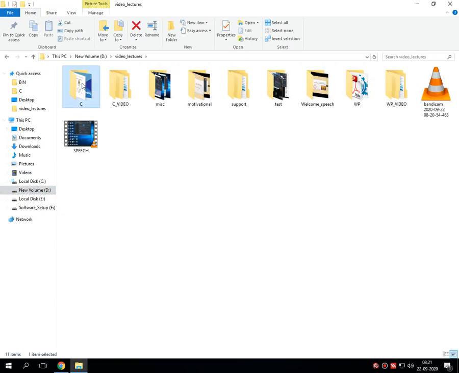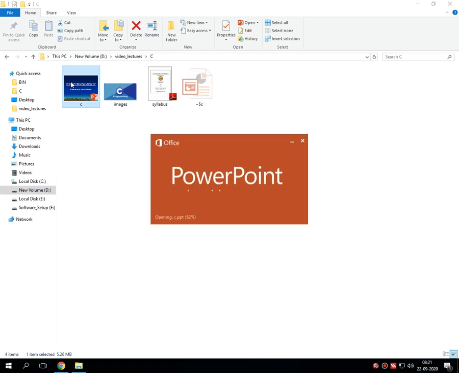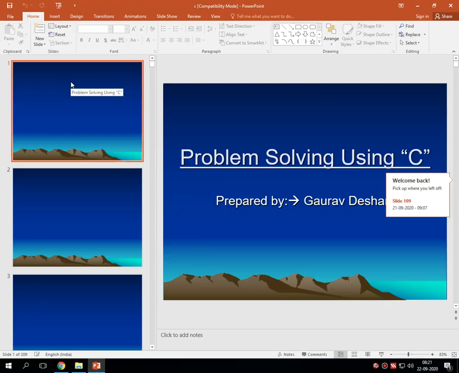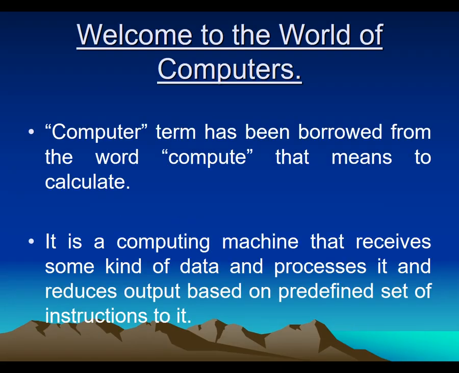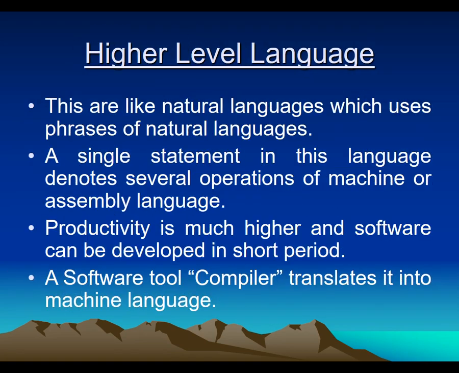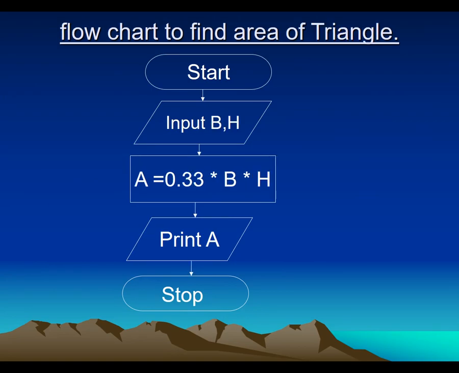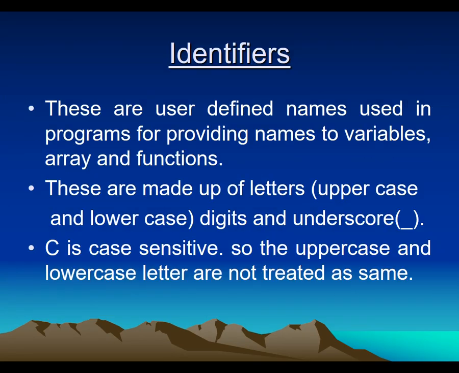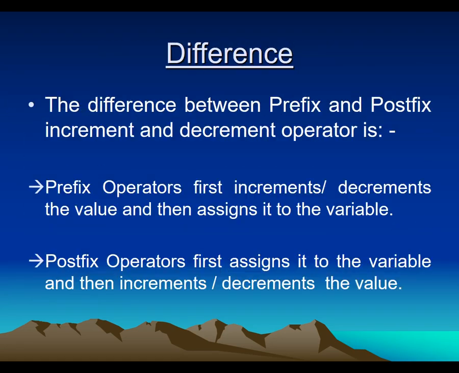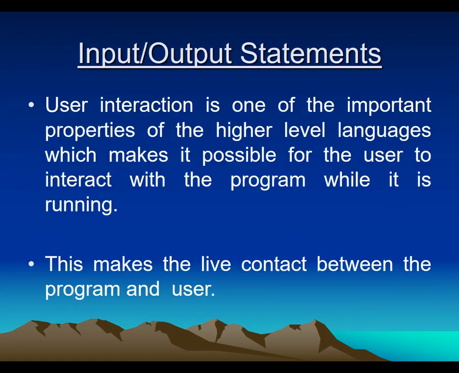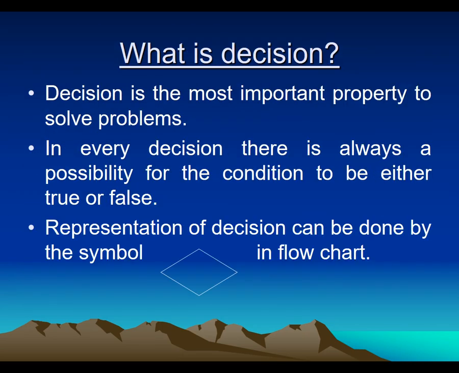Let's continue our discussion with the further topics. Lastly, we started the discussion of decision making statements in C, and we covered theory as well as the practical session of various decision making statements like if else, multiple if else. Now the next new topic that we are going to start is the switch statement. Let's see the theoretical part of the switch statement first, and then we'll go for the practical session about the same.